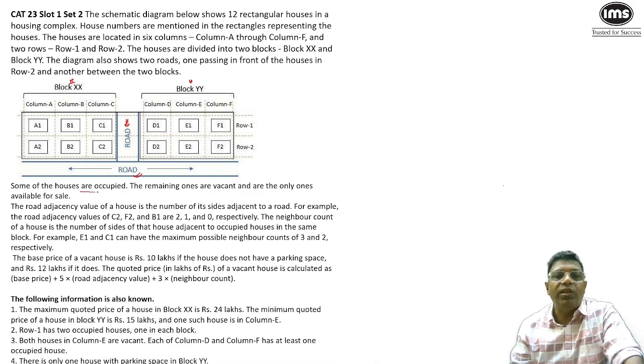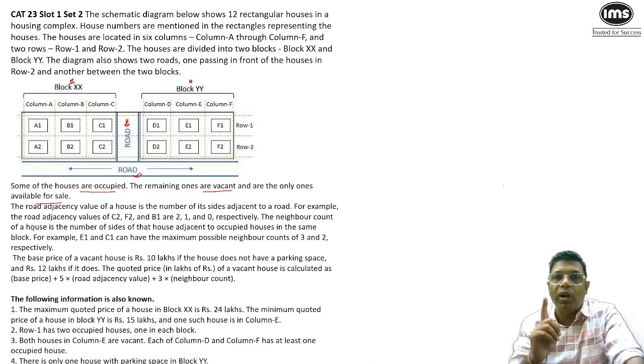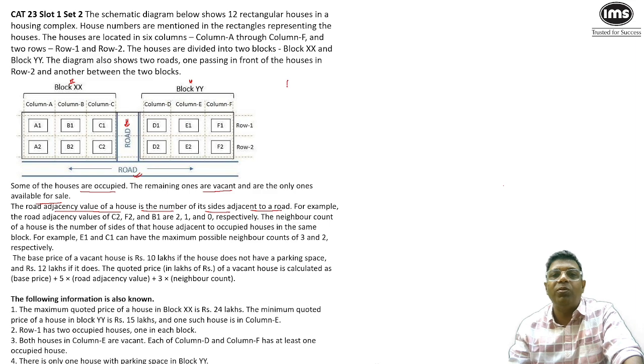Now some of the houses are occupied. It means all of the houses are not occupied. Some of them are occupied, some of them are vacant. And the remaining ones are vacant and are the only ones available for sale. It means occupied houses are not available for sale. Empty houses are available for sale. And there is the road adjacency value of a house, which is the number of its sides adjacent to the road. So there is a parameter that talks about road adjacent value, which is how many roads are connected or adjacent